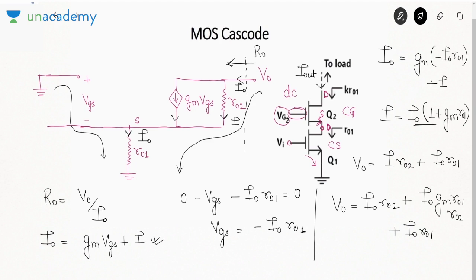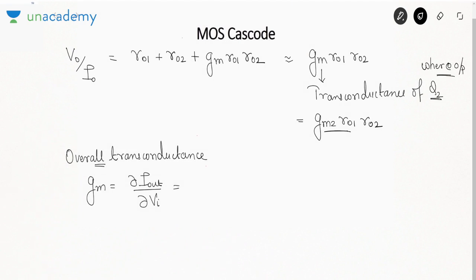In a MOSFET, the drain and the source currents are same. If the drain and the source currents are same, this current is also I out. So for this transistor, the drain current is I out and gate to source voltage VGS is Vi. So for Q1, drain current is I out